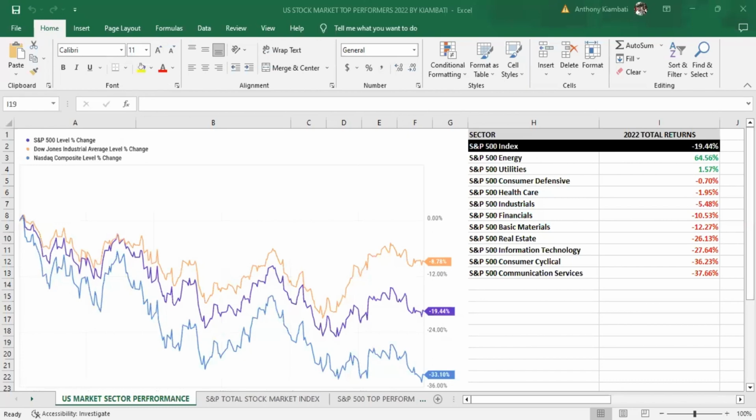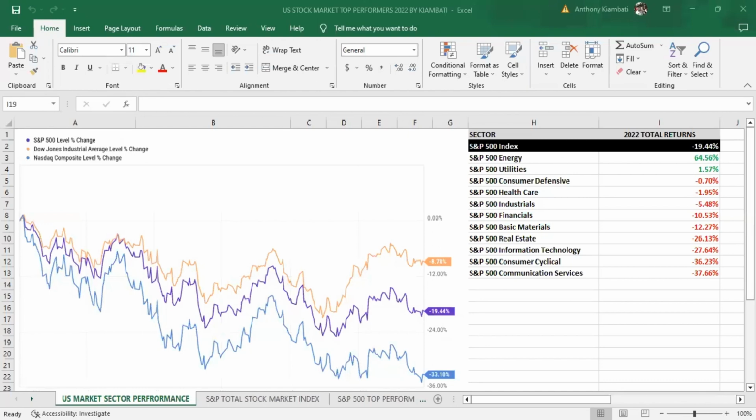The second best sector was utilities with a 1.57%. So normally these two sectors tend to perform well during inflation. Actually, if I can remember well, the energy sector has had positive returns every time we have had inflation since 1973. Okay, so the third best performing, I wouldn't say best performing, but because it still had a negative return,